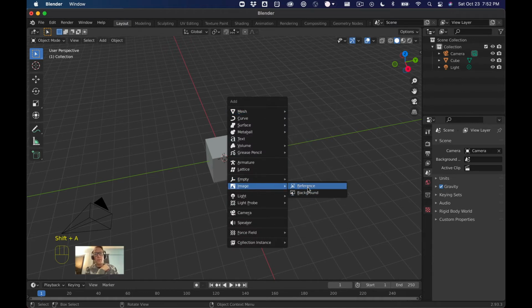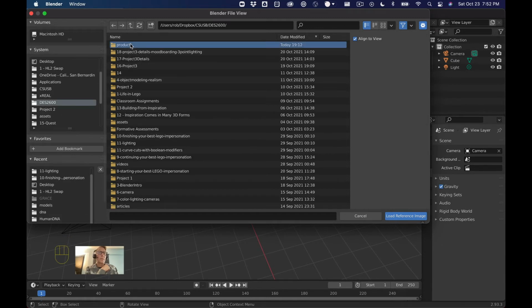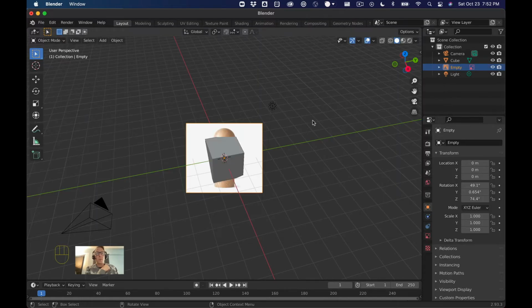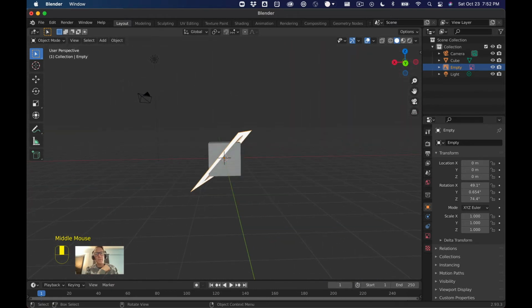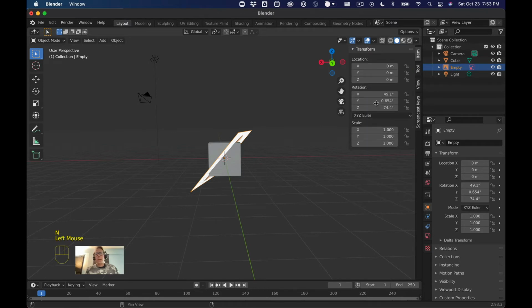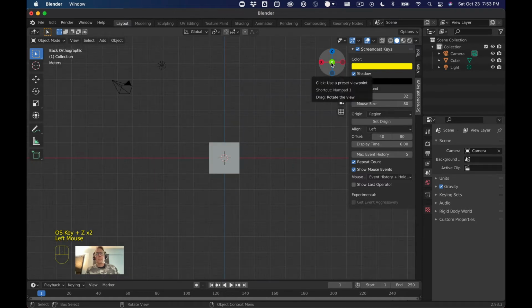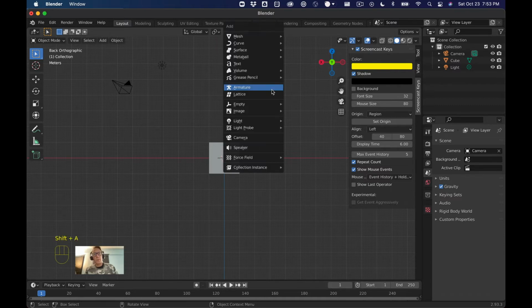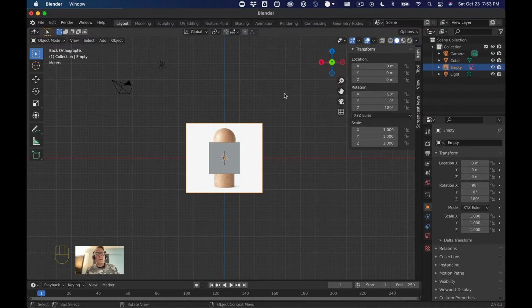thing that it is. So if you go to reference image, and we pick, where did I put that? There we go. It's in here, but watch what happens. Because our viewport is at an angle, it places it at that angle, and that's not so great for us. Now we could go in and just clean up the angle. Do you see the rotation here is all out of whack? But another thing, easier thing to probably do is just say nope, and then go ahead and use the gizmo to line right up on the Y. And now do Shift A, image, reference, Salt Shaker Best, and there it is, and it's in there nice and